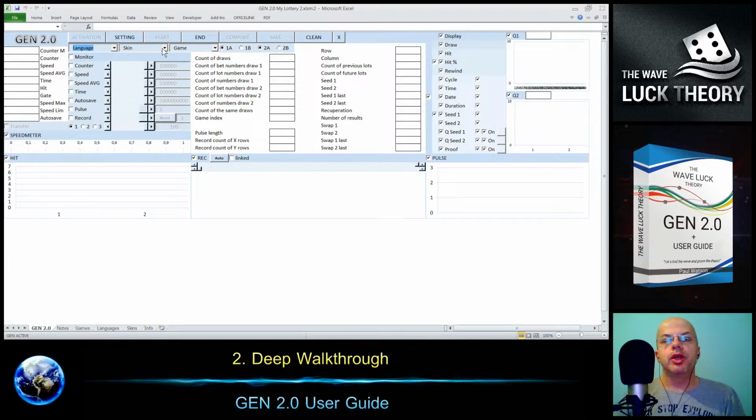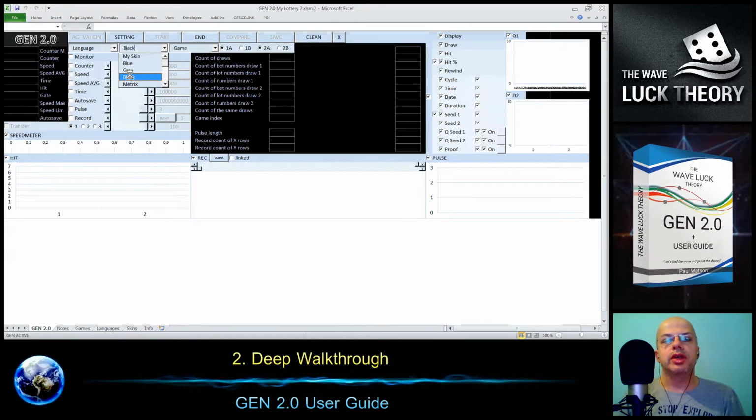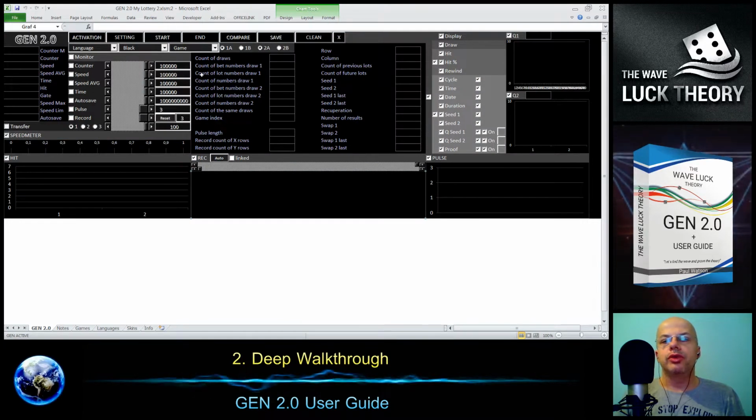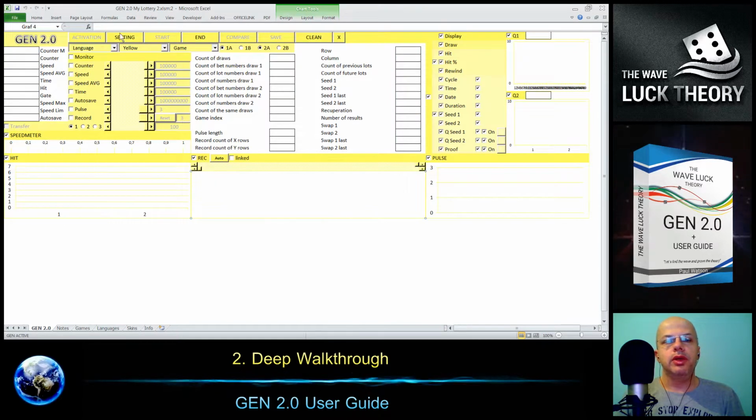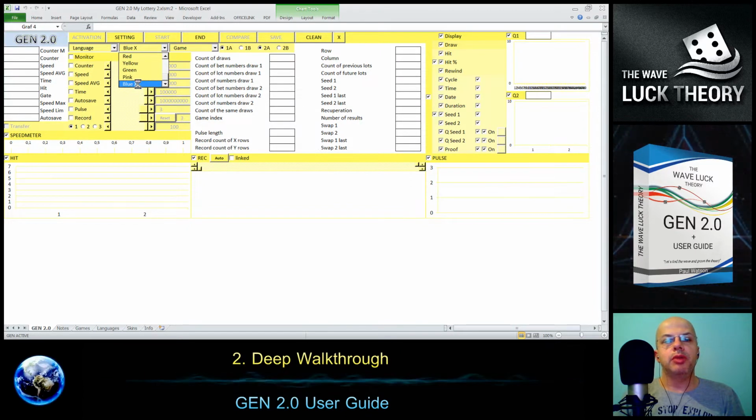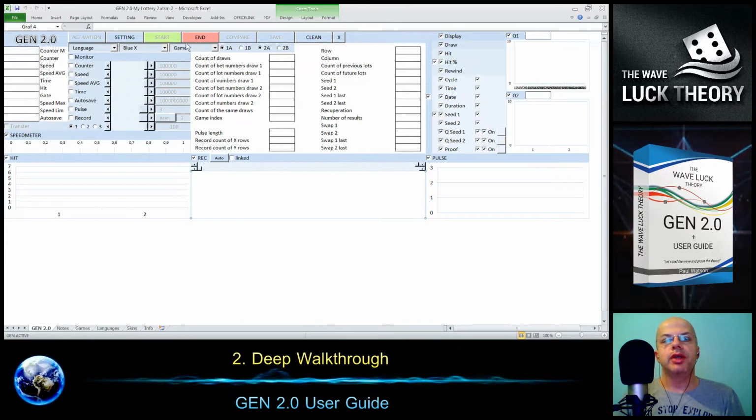After language, we can select the skin we like to have. We have dark skins and light skins. One of them dark, let's say take the black one, which is good for your eyes. My favorite is the Matrix, as it looks like from the famous movie. Also you can select one of the light ones, like the yellow one, and today I will stay with the blue one, but marked by X to distinguish the start and end button for today's demonstration.